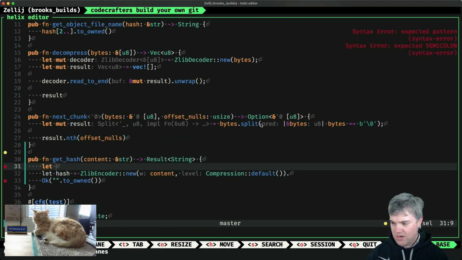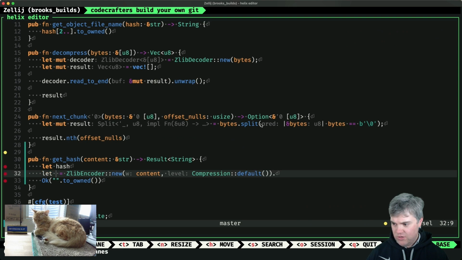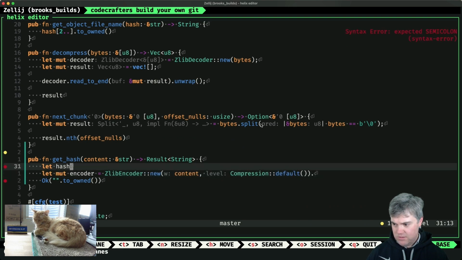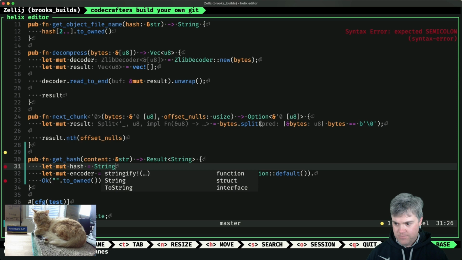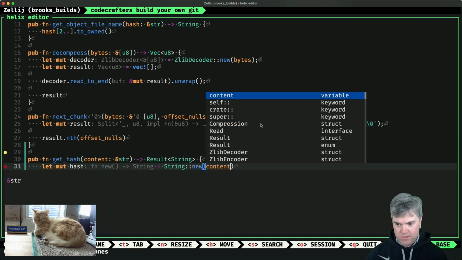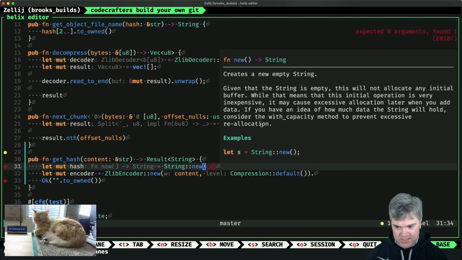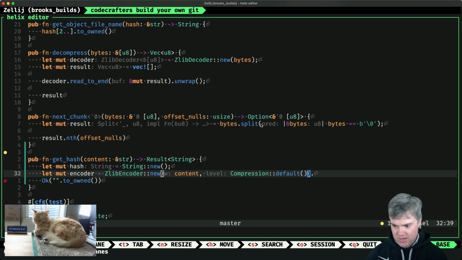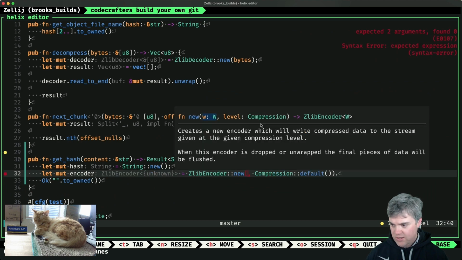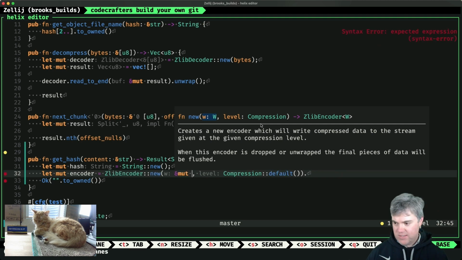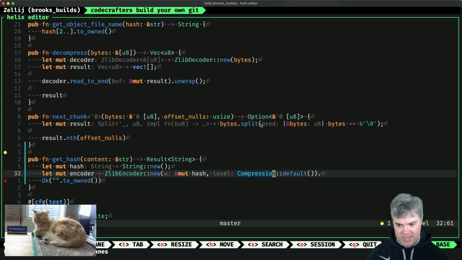So let our, okay, so this is the encoder. So hash is gonna be... nope, not that. Okay, so it's gonna be a mutable reference to the hash, and then